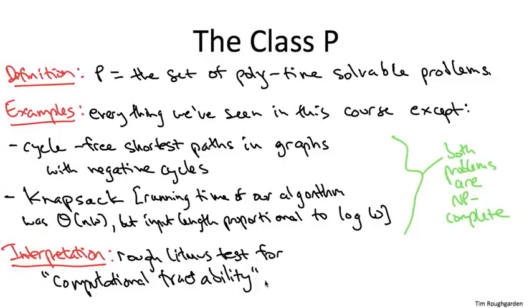Now, the identification of algorithms that run in big O of n to the k time for some constant k and practical computationally efficient algorithms is imperfect. There are, of course, algorithms which in principle run in polynomial time but are too slow to be useful in practice. Conversely, there are algorithms which are not polynomial time but are useful in practice. You already coded one up when you did the dynamic programming solution to Knapsack,